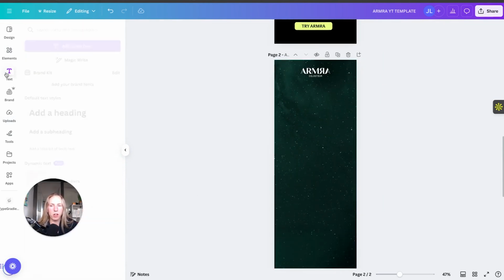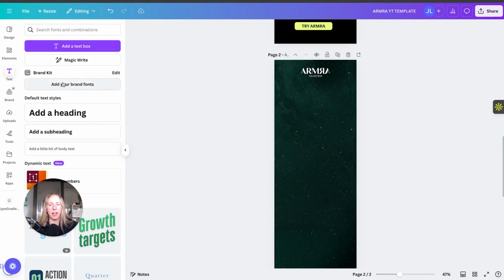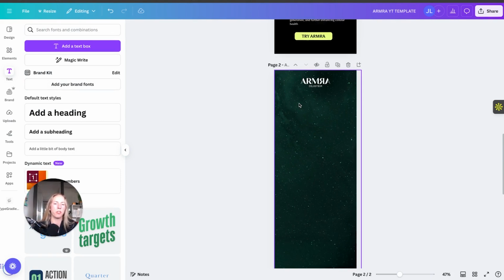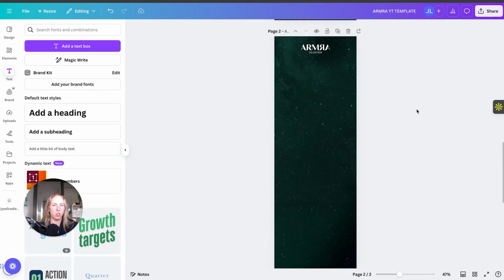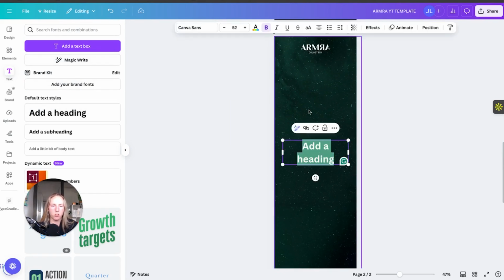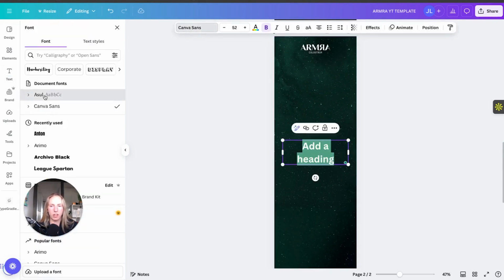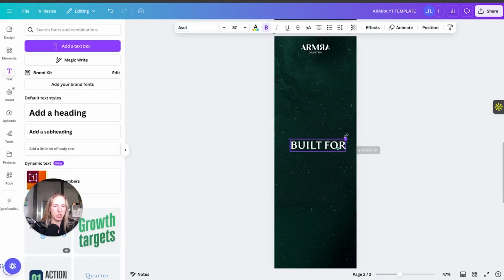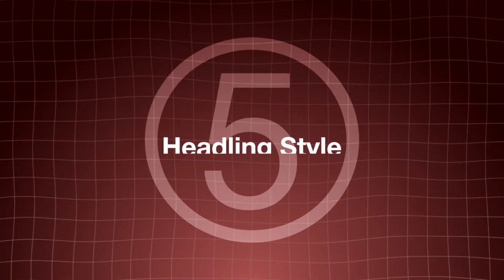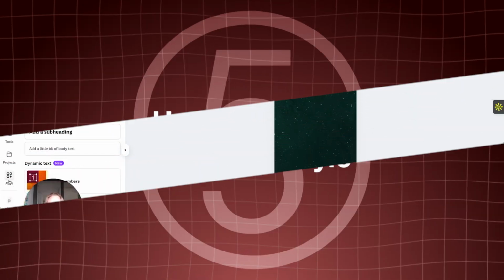So what I like to do is I don't like flat facing text. I prefer to have my text with a gradient, and that's what I want to do with this specific text. This is how we got this. So I'm going to show you exactly how we would do it. I'm just going to add a heading, and I'm going to make it this, okay? "Built for," and personally I'm going to change up the size a little bit. So, "Built for." Now, what we want to do is go to apps,